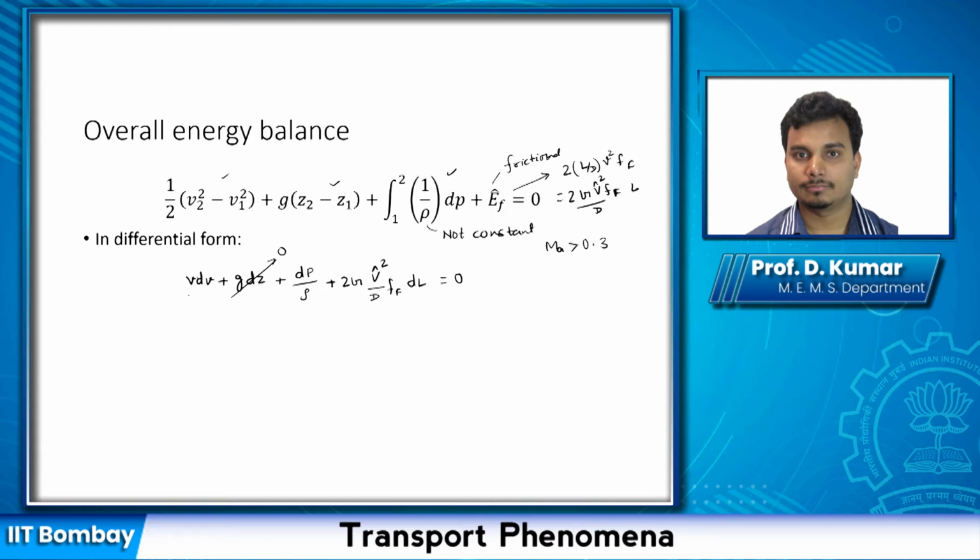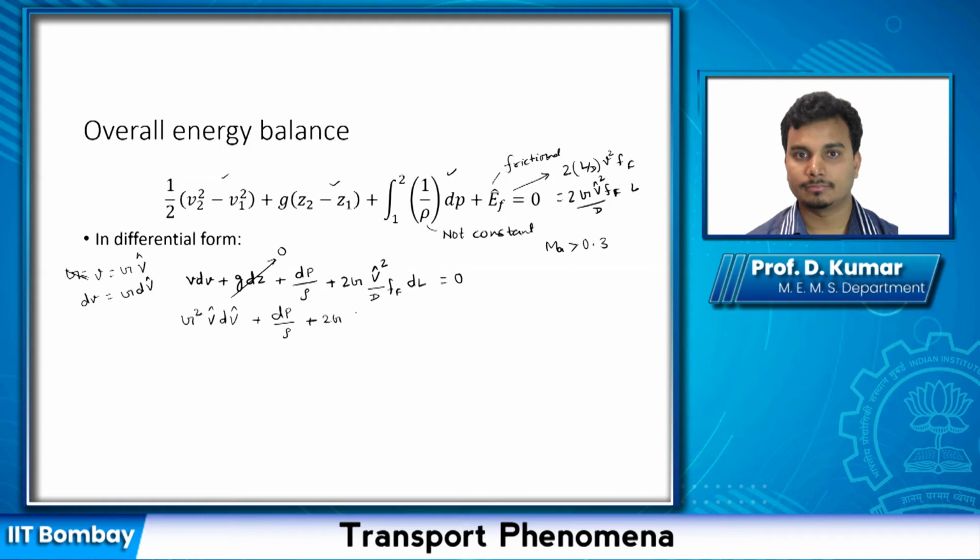Now V dV also, we can write, since we know that G is velocity times V cap. So if you do dV, G is constant, so this will be G dV. So V dV will be V times this, V is this, and then you multiply these two, so this will become G squared V cap dV. Okay, and this is as it is, dP by rho